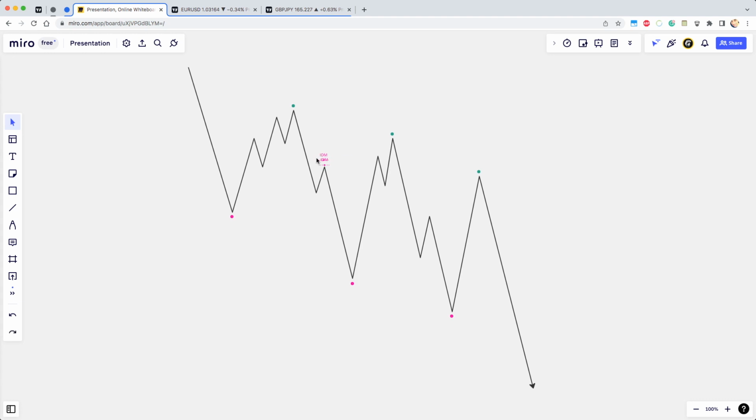Too short. Okay, so now let's do it something like this then. Right. So these are your valid lows and your valid break of structures, because liquidity was taken out before they